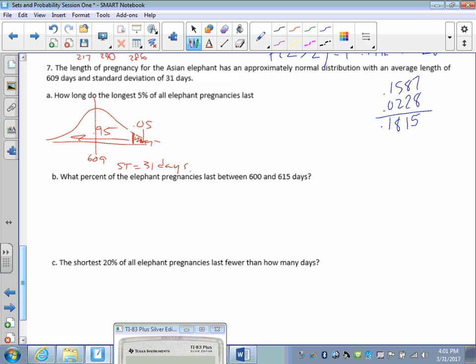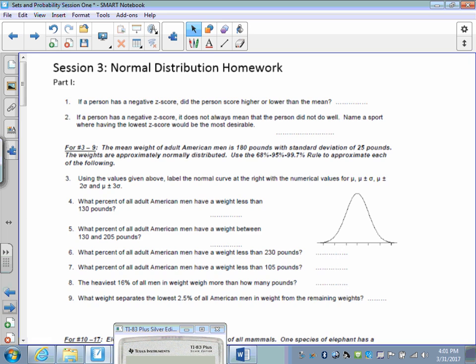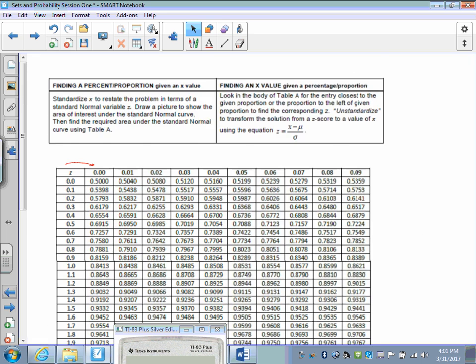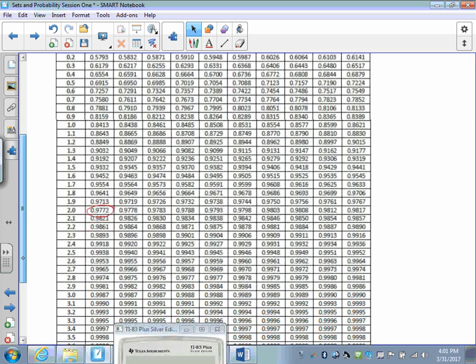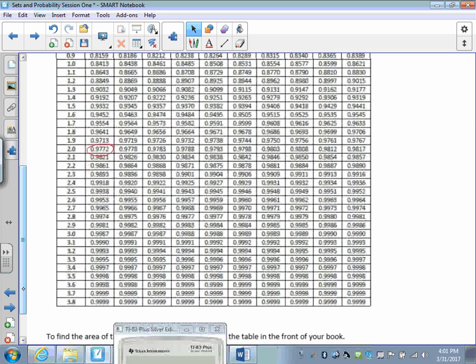Now it's tempting to say, well, we can use the empirical rule, but this is not the symmetrical value between plus or minus 2 standard deviations. This is from a z-score all the way down. So now what we're going to do is go back to the table, oops, I went the wrong way, I think. We're going to go back to the table, and in the body of the table itself, we're going to look for